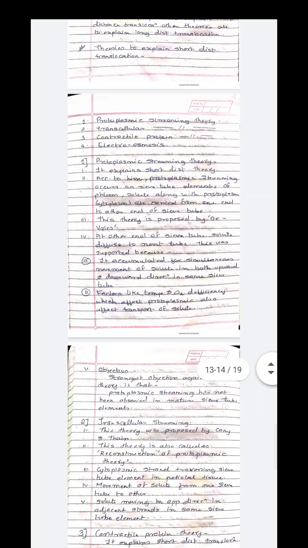This shows the movement of solutes in upward as well as downward direction in the same sieve tubes. They also mention the effects of temperature and oxygen deficiency on the transfer of solutes. So the objection to this theory is